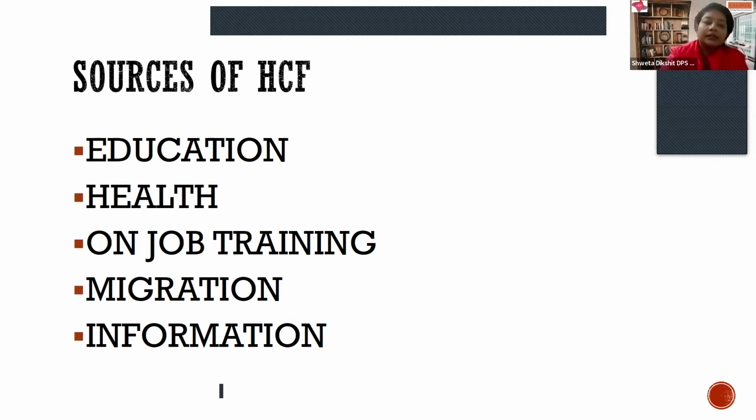Then comes health. Why is health important? We know this very well. A healthy person is considered to be an asset for the economy. I repeat, children, a healthy person is considered to be an asset for the economy. Health gives consistency to one to work. It not only gives consistency to work, it also allows a person to give his 100%, which can be mental as well as physical, because health never talks only about physical health, it also talks about mental health.